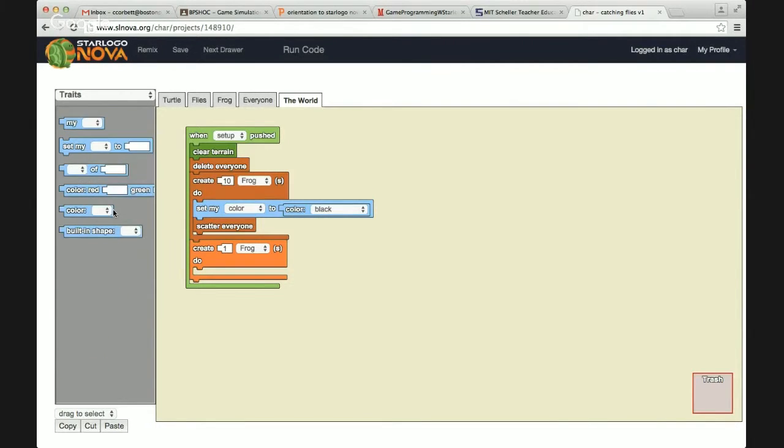Traits. We're going to set the size of the frog. I don't know, you want to say 5? Alright, 5 times the size of a fly. And the shape is going to be a pyramid. So set my shape to